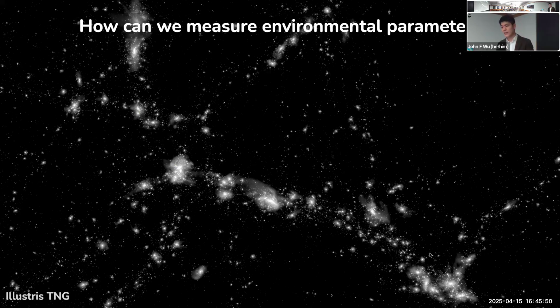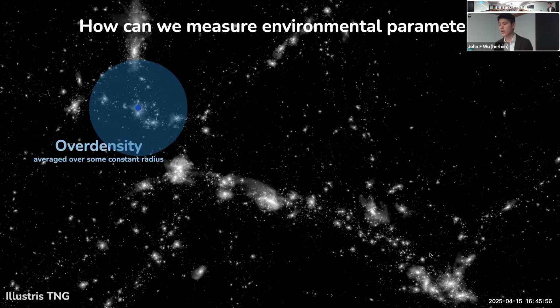And even before we get there, we really want to ask ourselves, what is the best way to even quantify environment? There's a couple of contenders. One way is quite simple. It's to measure the mass density in some set radius within a sphere. And this is just known as the spherical overdensity. This is a very simple way. You just add up all the mass within that sphere and maybe you normalize it by the average density of the universe, and you've got your dimensionless